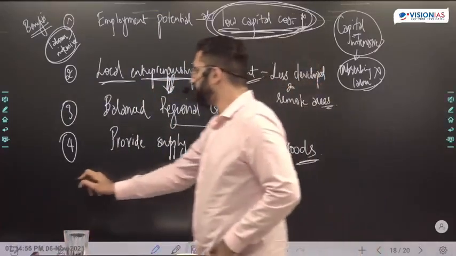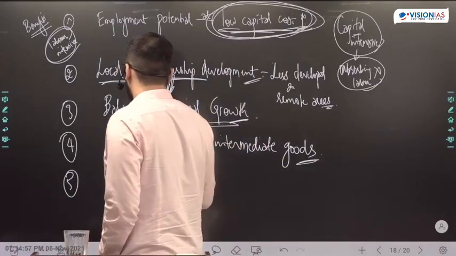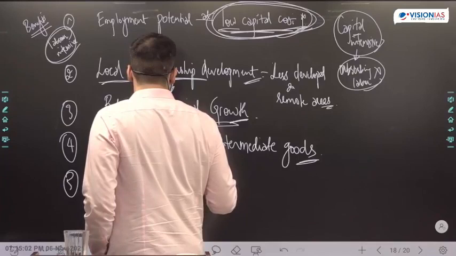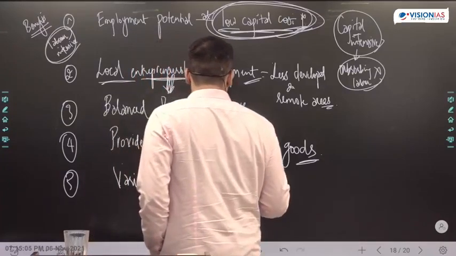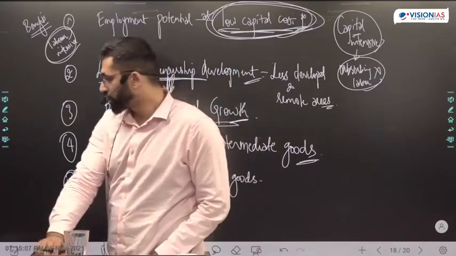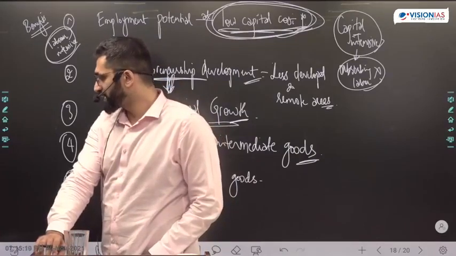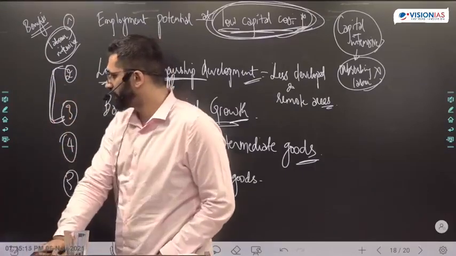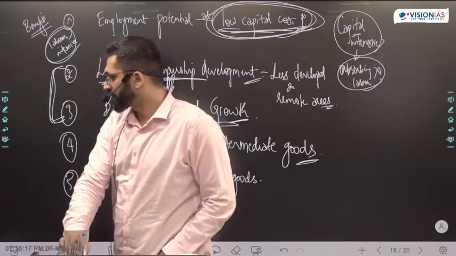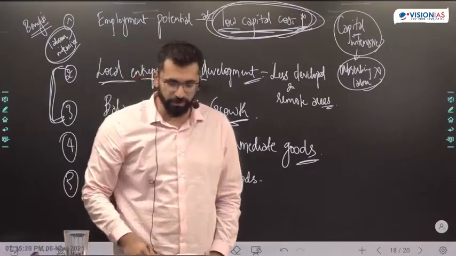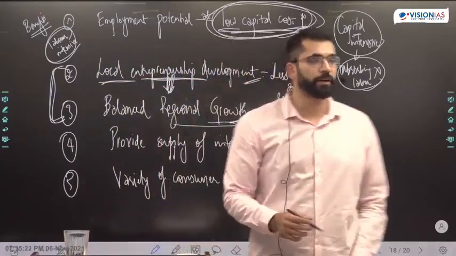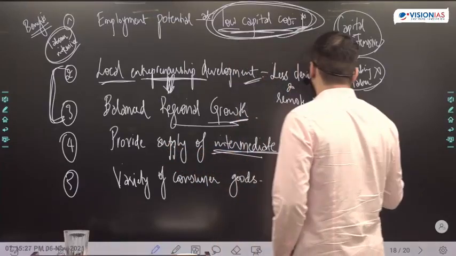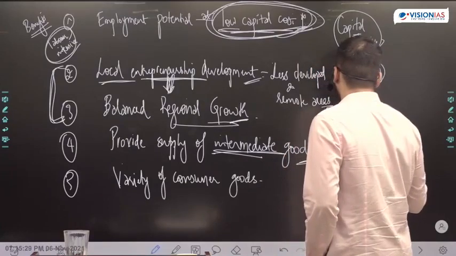It can create a variety of consumer goods. Choti different industries can help create variety of consumer goods. Local needs. Urban areas, yes, migration reduce karega. See, these things, equitable regional development, this is reducing migration only. Self-interest, that would be everywhere. Entrepreneurship develop ho raha hai, that will be everywhere. Directly when you are increasing supply of intermediate goods, supply to the large industry, and also